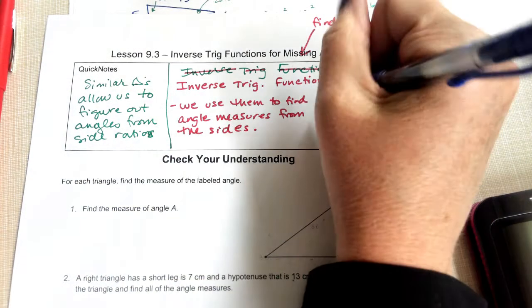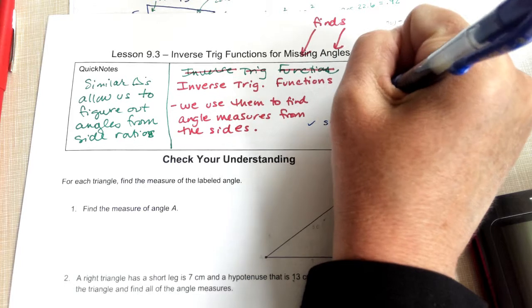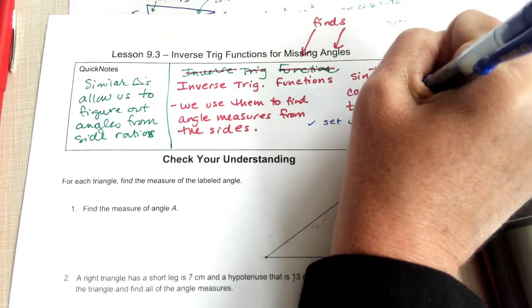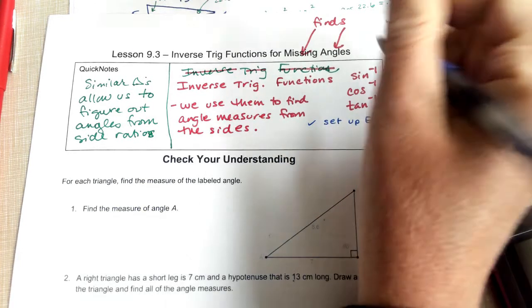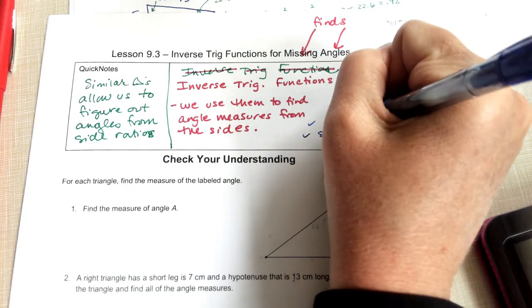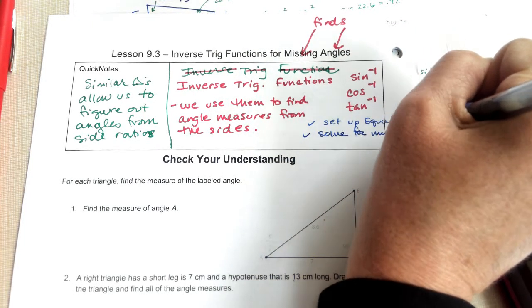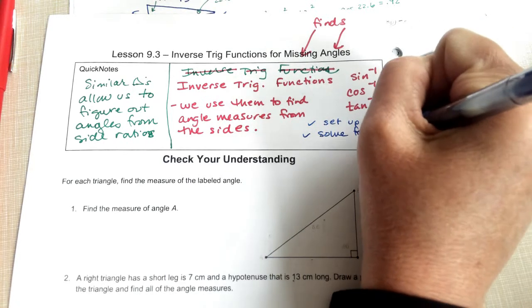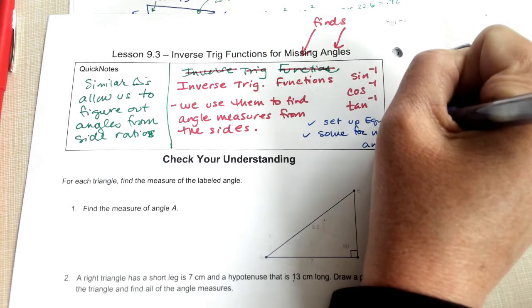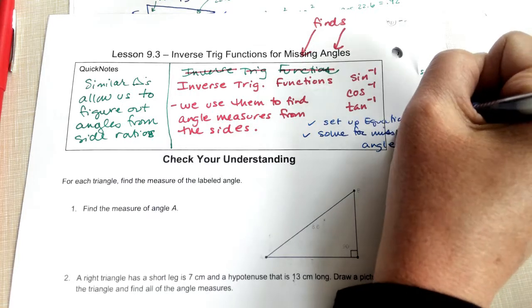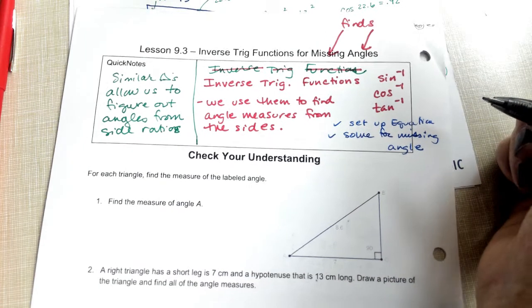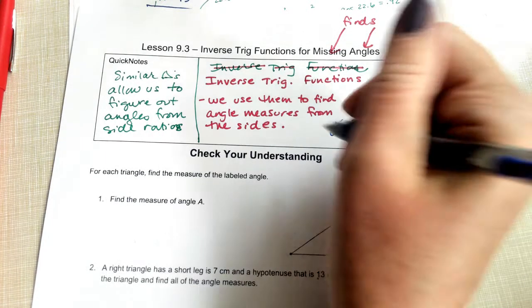We're still going to set up the equation. And now we're going to solve for the missing angle. That word says missing. Okay, so for example,